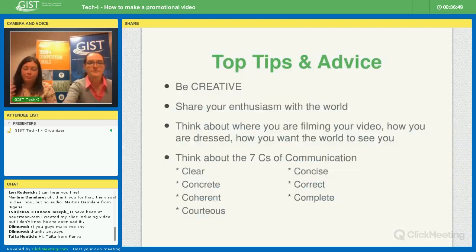So this is an example of a video where there were clearly some constraints on the technology that she had available to her, and also the location that she was in. You might have been thinking when you were watching that video that she was recording a computer screen in the beginning, where she was clearly doing some kind of PowerPoint presentation. And then when she went to talk, you probably thought, wow, that room is really dark.